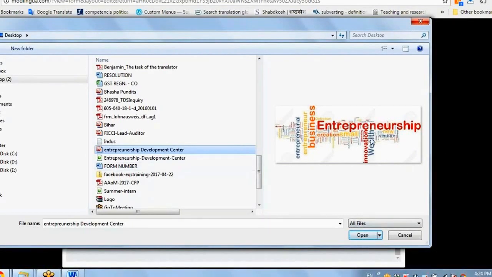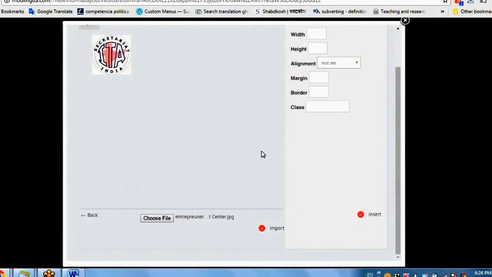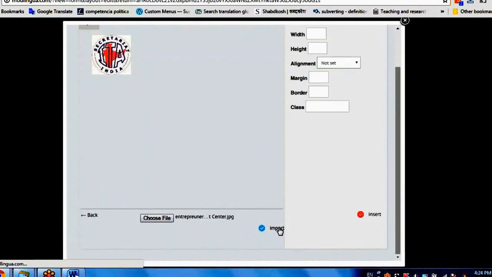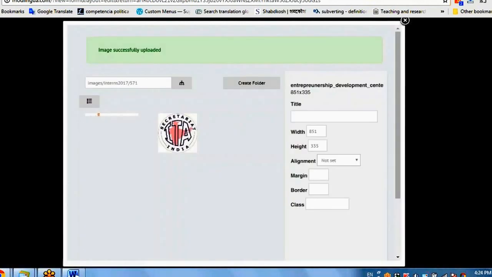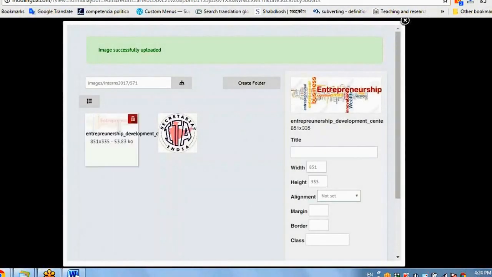So I have chosen this image and opened it, and now after opening, click on import. Now this image has come into my folder. Click on that image again and write the image name, let's say test image.